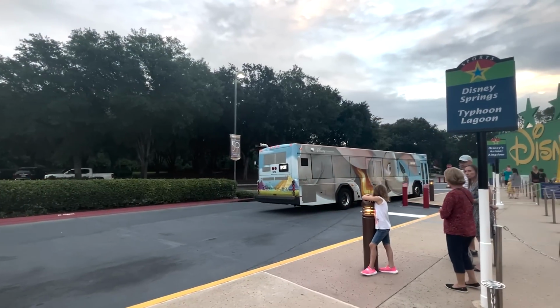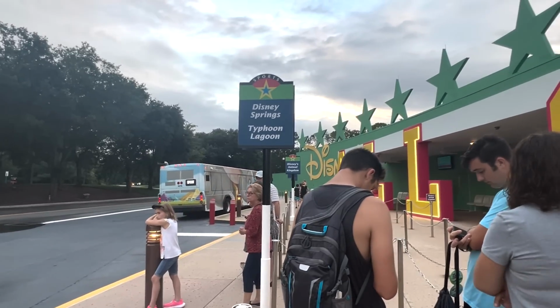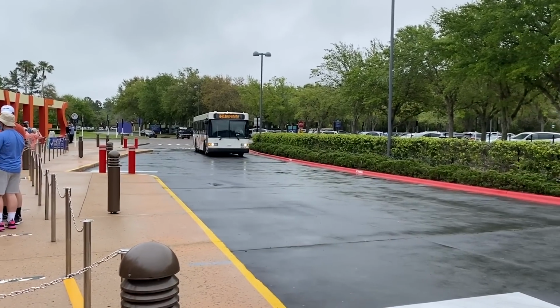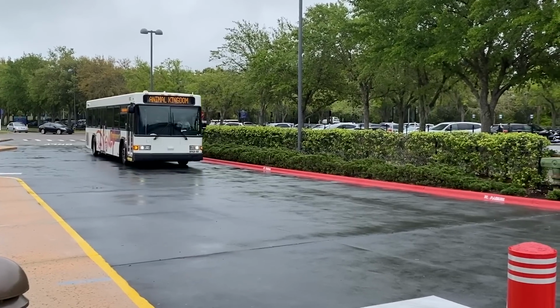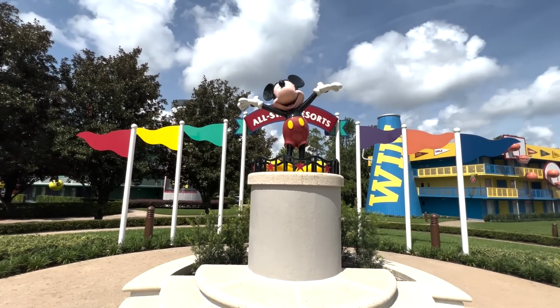Disney buses at the All-Star resorts don't have to worry about an internal loop like Disney Caribbean Beach does, though that doesn't mean your bus won't hit up one of the other All-Star stations to pick up more passengers along the way. But unless you brought along your own vehicle or you plan on paying extra for a rideshare service, you're kind of at the mercy of the All-Star Disney buses, and that can be a pain at the very beginning and very end of